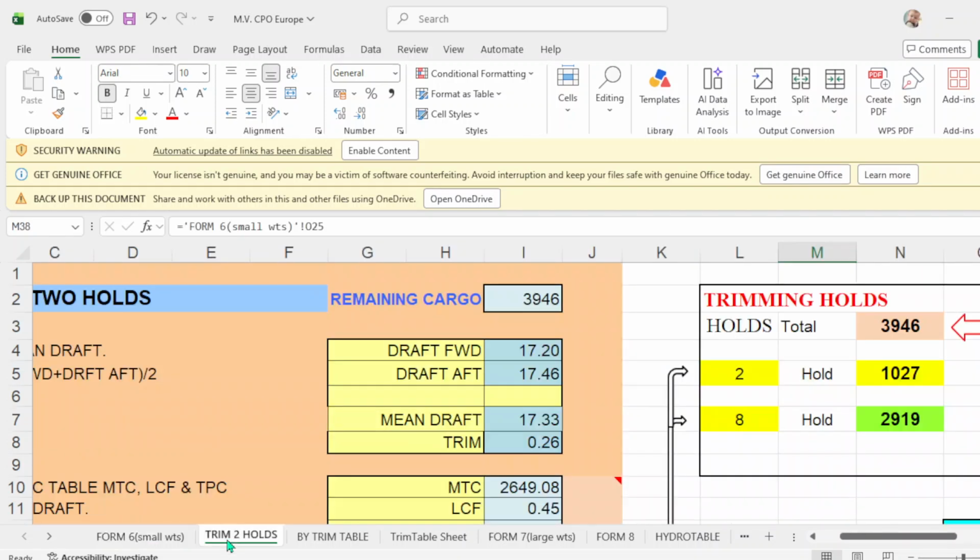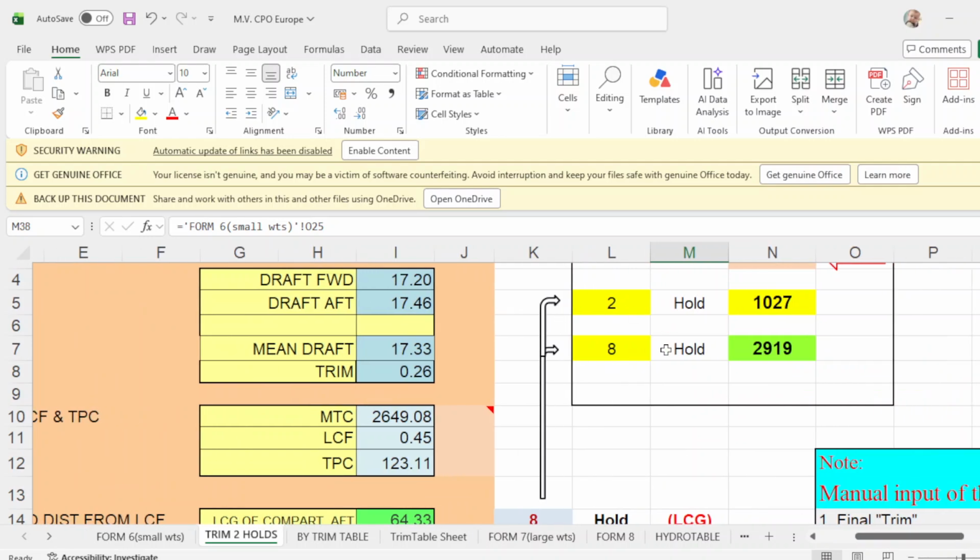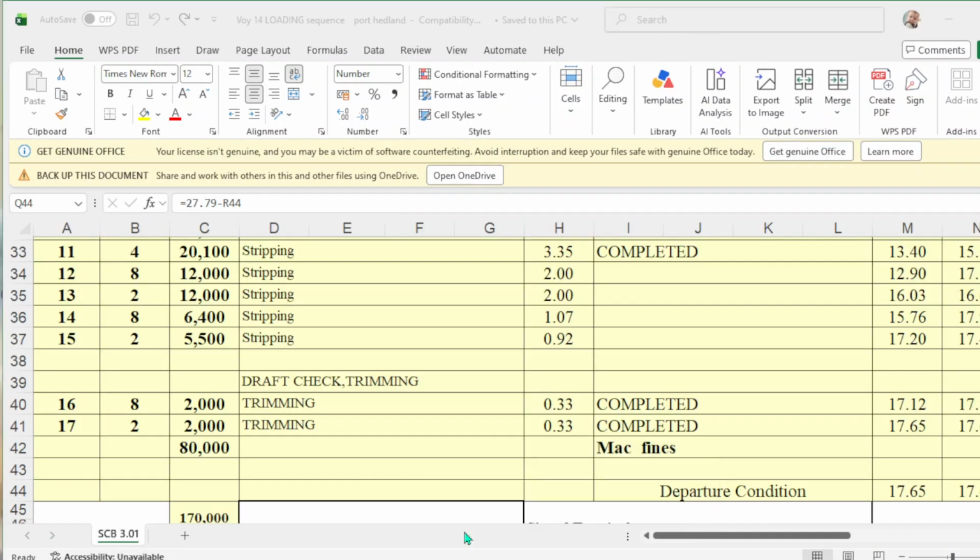Okay. Then your mean drop 17.33, your trim. Then you get your MTC, LCF, and TPC. Take note that our loading trimming holds are 2 and 8.